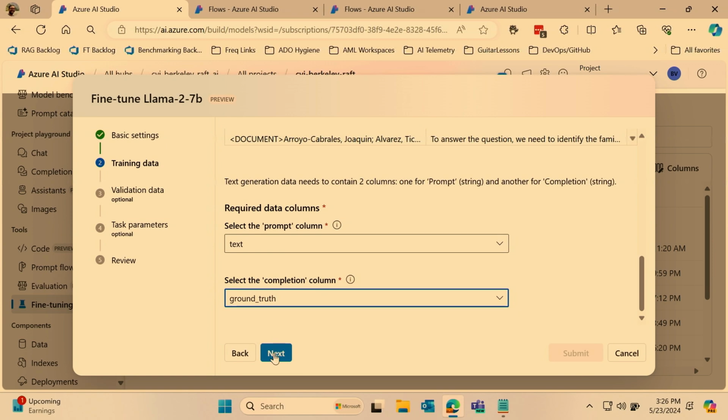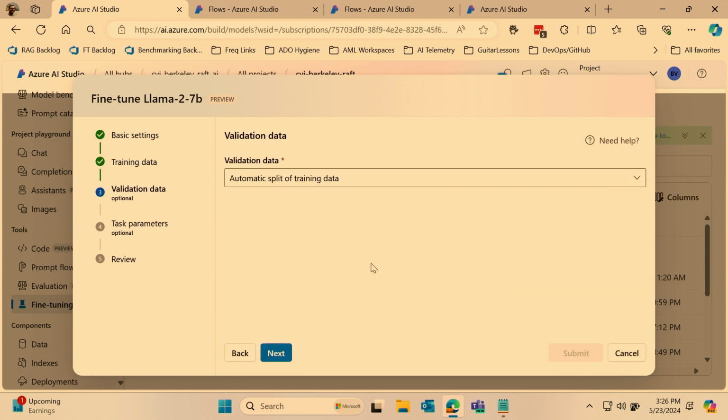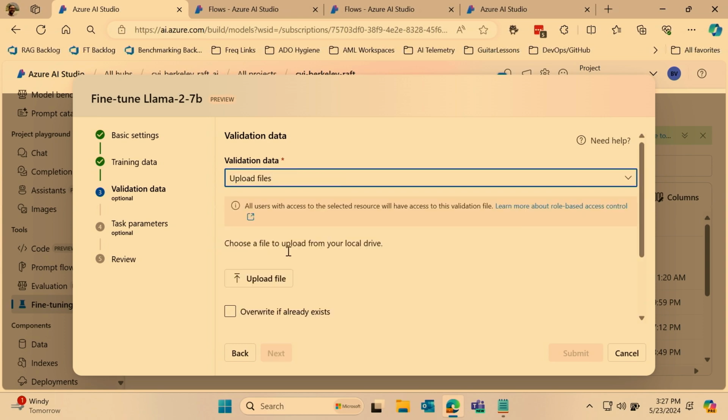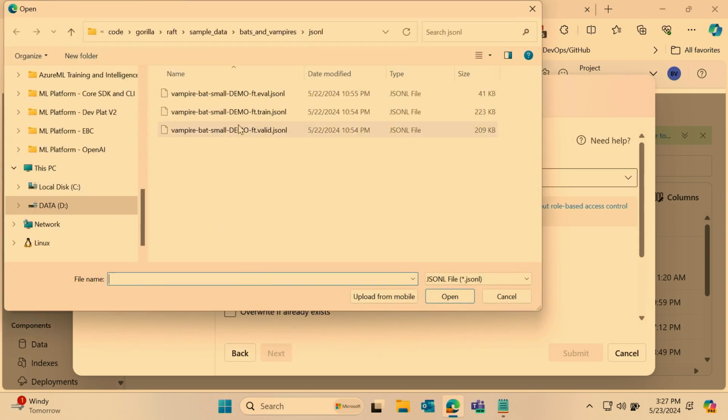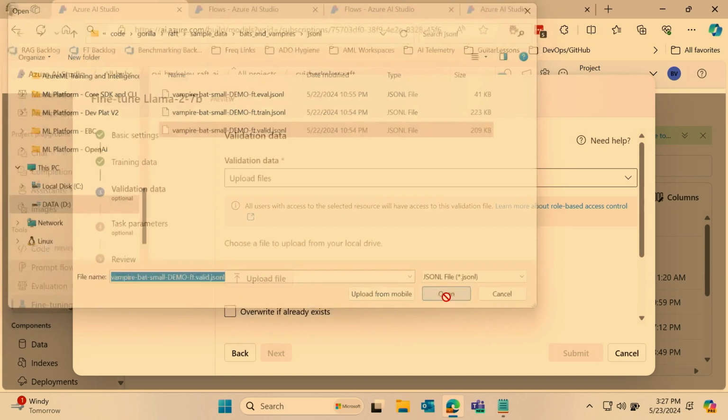I click next, and it asks me for validation data. Cedric just explained what it was. If you don't want to split it beforehand, you could also split it during the training, saying, hey, automatically split my training data, but we've already done the hard work of splitting it, so we will upload the files. And I'm going to use the valid JSON-L here.